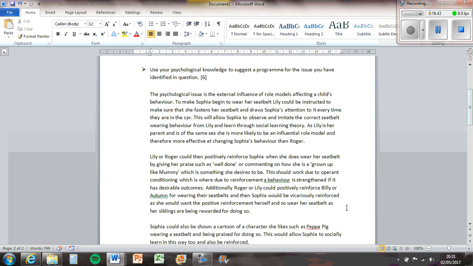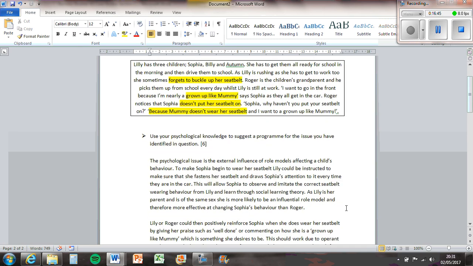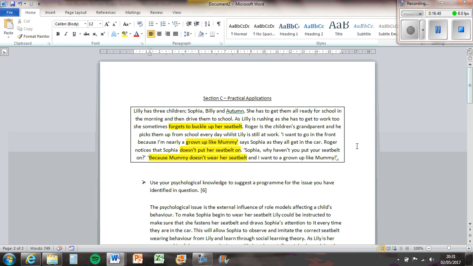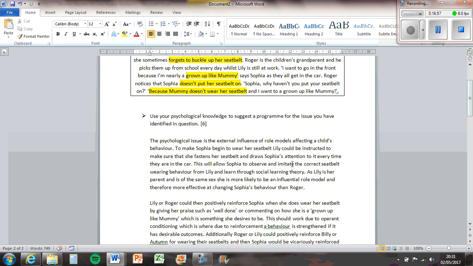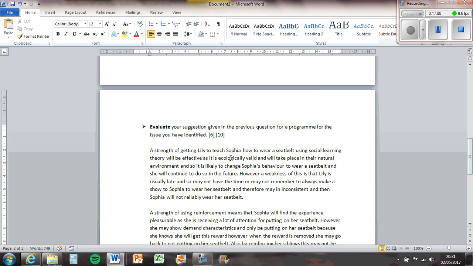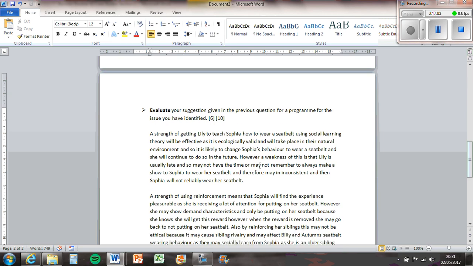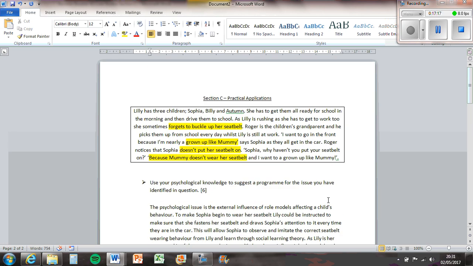And those are the suggestions that you can make. So it's pretty easy once you know what you're doing with it. And I've used some of the examples that are in there as well. Could probably put a few more of those in, just to make it great. Because there's one example there, of weaknesses, Lily is usually late and forgets to buckle up. So by putting that in, we get some more context there. So wherever it's appropriate to stick some of those in, then do that.